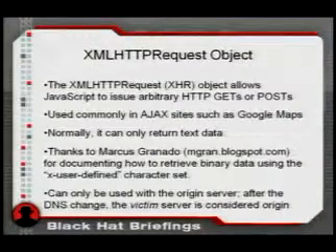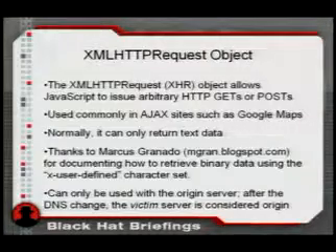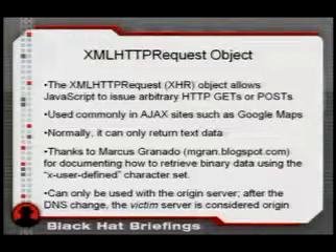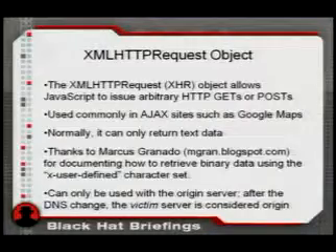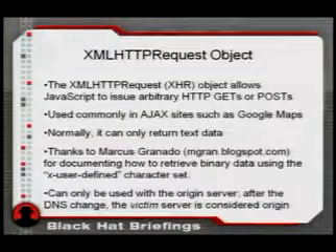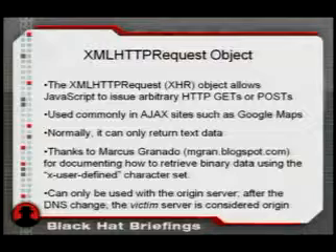One important thing to remember about XML HTTP request is that it can only communicate back with the origin server, because otherwise it would be a blatant violation of the same origin policy. Once the IP address has been switched in the anti-DNS pinning attack, the victim server is considered the origin, which means that XML HTTP requests can't be used to communicate back to the attack server at that point, and that's why those previous methods were required for the out-of-band communication.